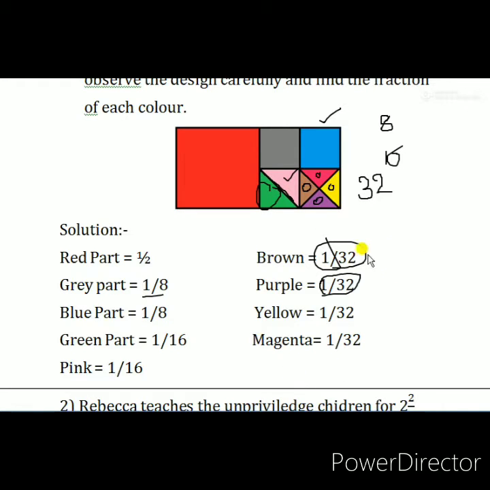Observing these, students, when you have such types of figures, take them from the textbook, observe them, and write the fractions of the colors given in the pictures. You can do some other examples also. Here I have given only one example. You can practice at home with different pictures. Now we will move to question number 2 in this portion.